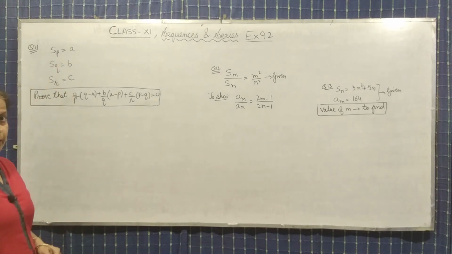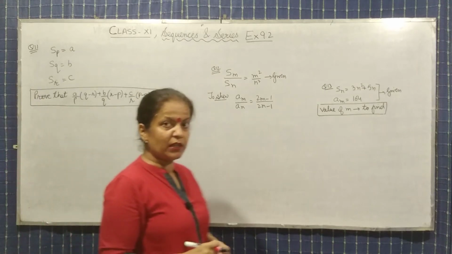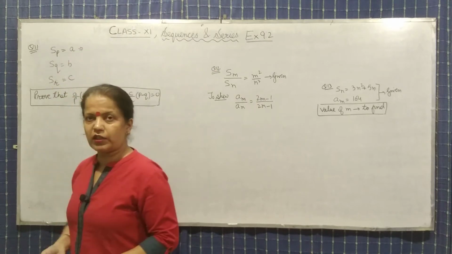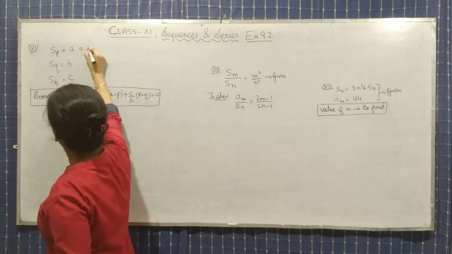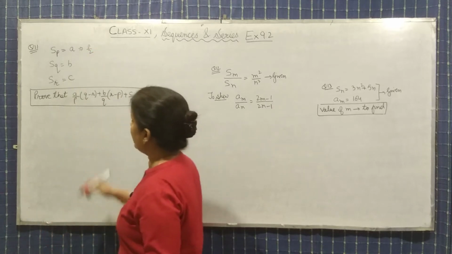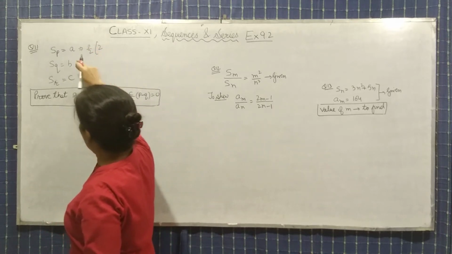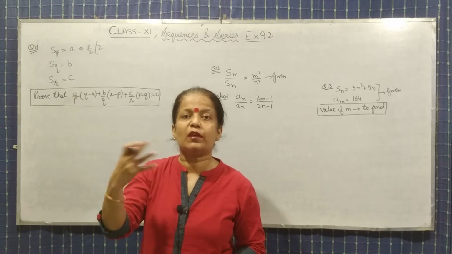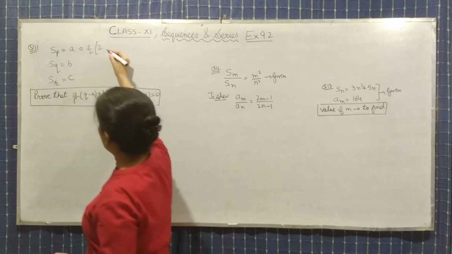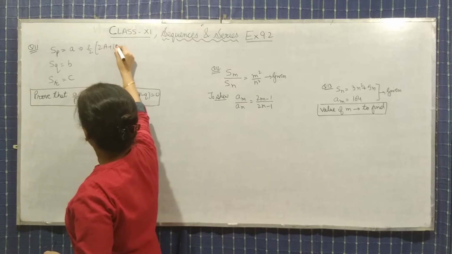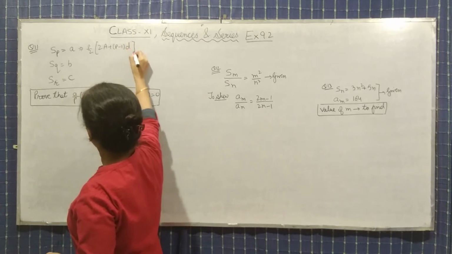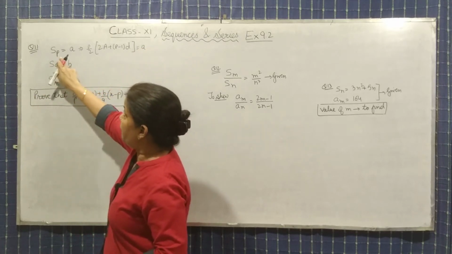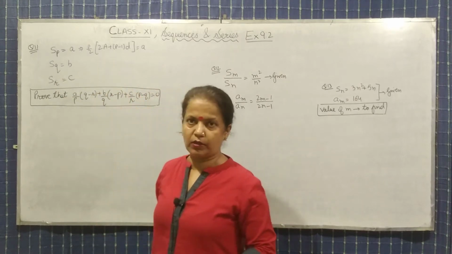From the first part, that is, the sum of the p terms is A, how can we write it? Use the sum formula. The sum formula is Sn equals n by 2, here p upon 2. Then 2a is already there, so we will represent the first term with some other alphabet. So 2a plus (p minus 1)d equals A. Is it clear? So from here, the sum of p terms is A, so we will rewrite it like this.